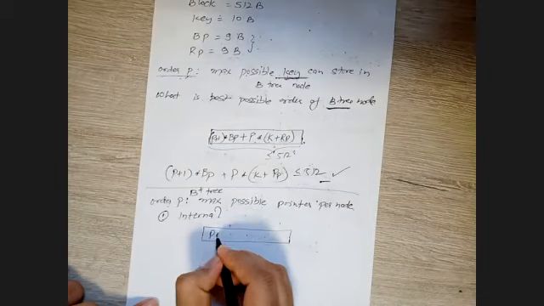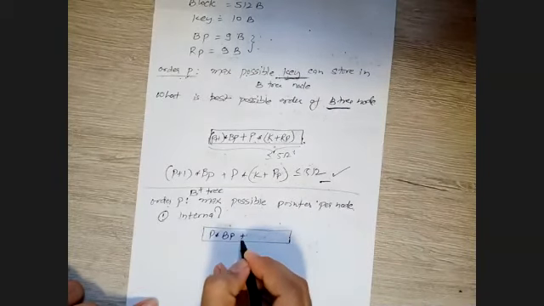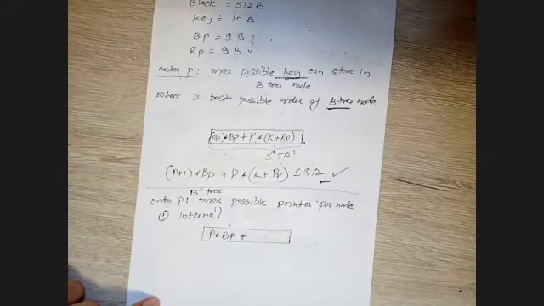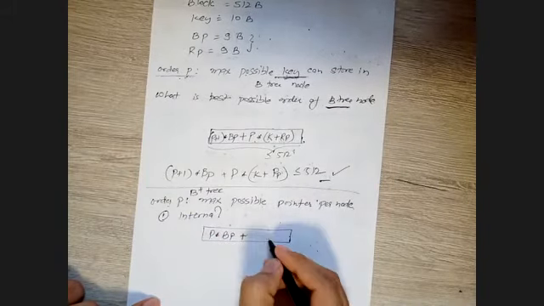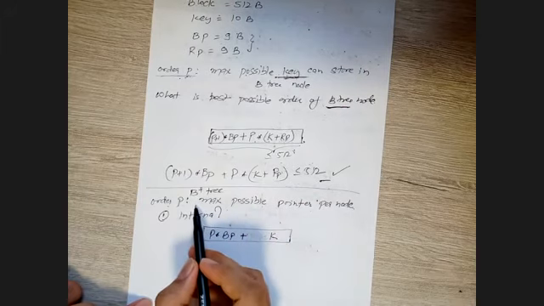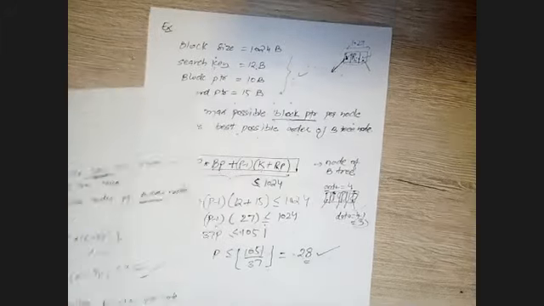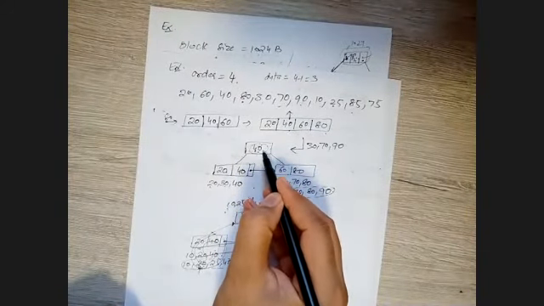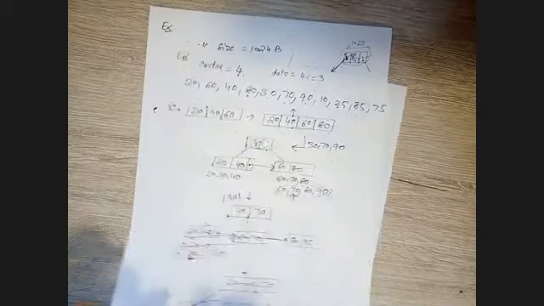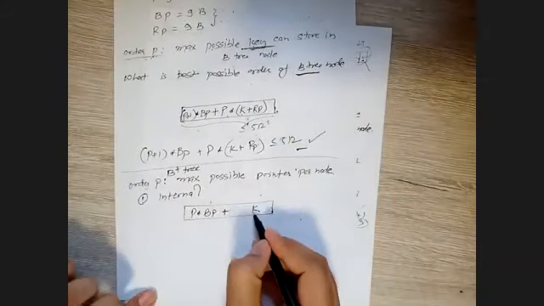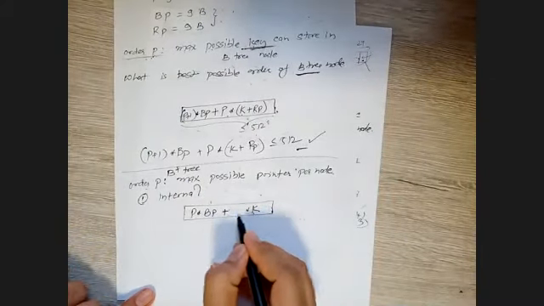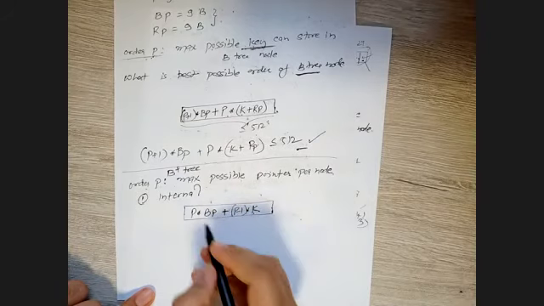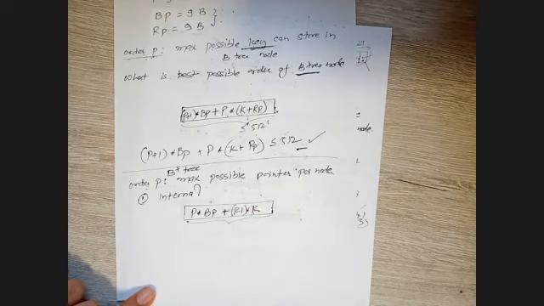So if P times block pointer is there, then in the internal node, do we have the record pointer? No, we have only key. In the B plus tree, we saw that we have only key in the internal node construction. There is no record pointer, we have only block pointer and key, right? So here we have only key. Then how many will this be? P minus 1. Same logic, right? And you will be given the maximum size of the block.